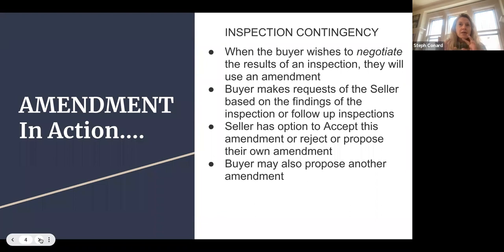So practically speaking, when you're working through this, you're going to receive an inspection report. There's going to be time for the buyer to review, come up with their own thoughts on what is concerning to them and what's not. They are also going to maybe want to have additional inspections of particular components of the house, depending on what it is. So, my point here is you're not going to get an inspection report and necessarily start drafting your amendment. There's a discernment period,